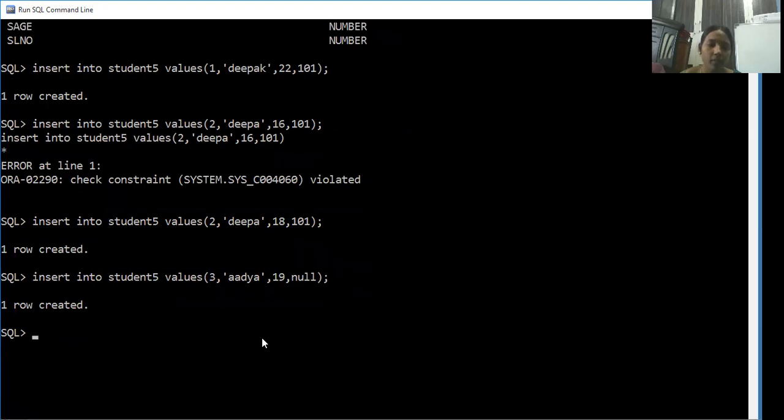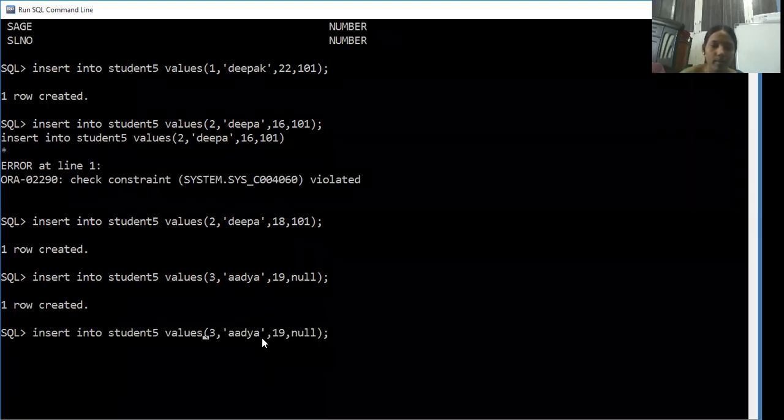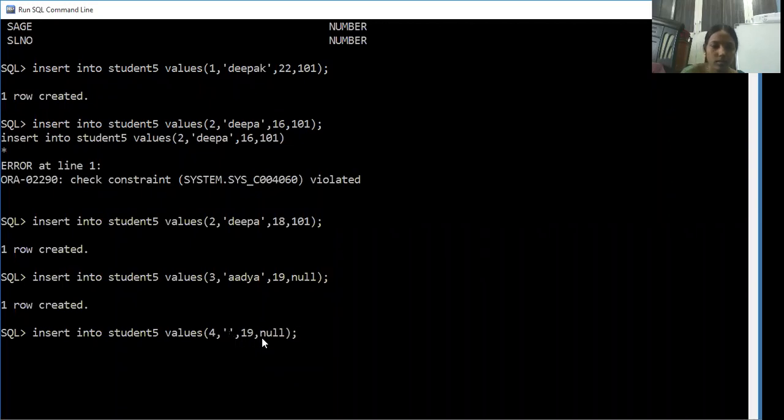Now I'm entering one more row. Rishank, age 19. Now I'm entering the favorite lecturer of Rishank as 106. Now check, this SLNO is a foreign key.